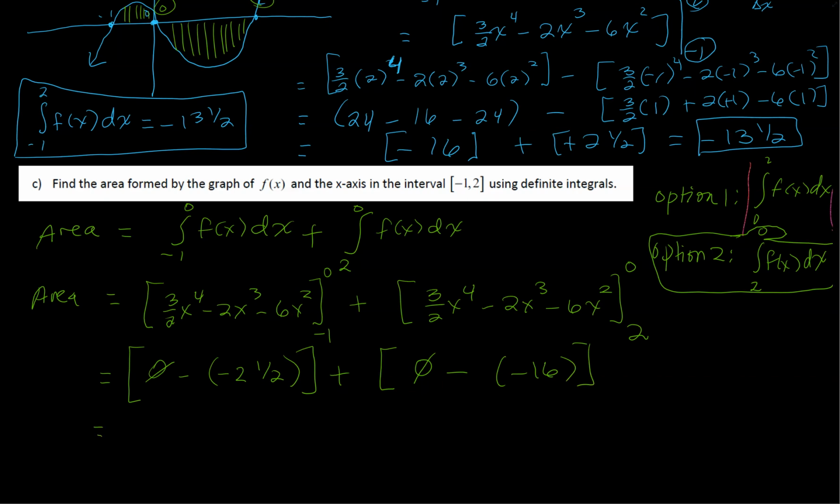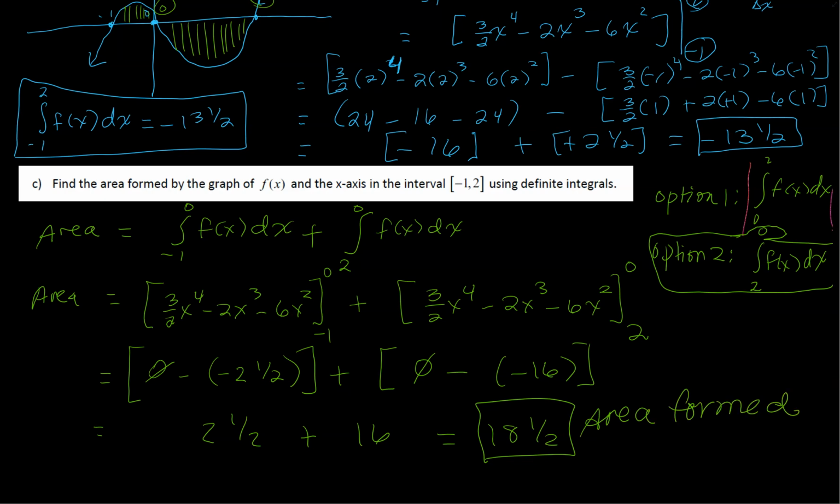So we can see that both of these are going to be positive. 2.5 plus 16 is going to be 18.5. So that is the area. Okay, that is the area formed by the curve